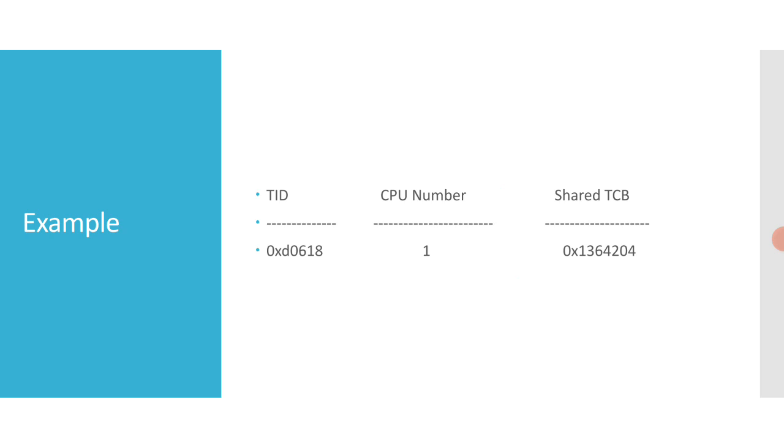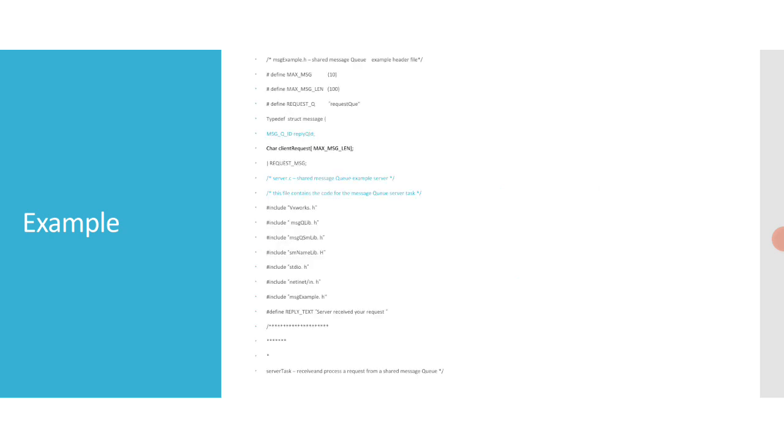So let's get into some programmatical example. In the following code, two tasks executing on different CPUs share a message queue to pass data to each other. The server task creates the request message queue, adds it to the name database and reads a message from the queue. The client task gets the SM request queue ID from the name database, creates a reply message, bundles the ID of the reply queue as a part of the message and sends the message to the server. The server gets the ID of the reply queue and uses it to send a message back to the client.